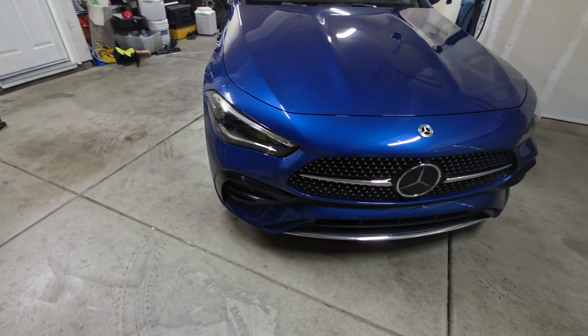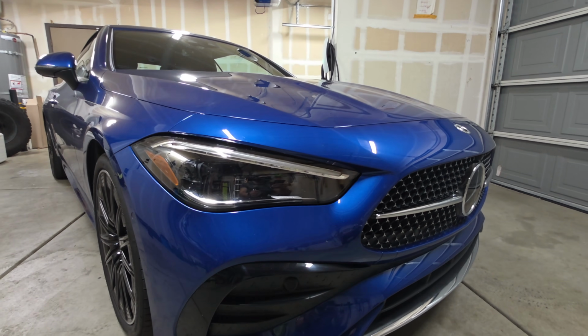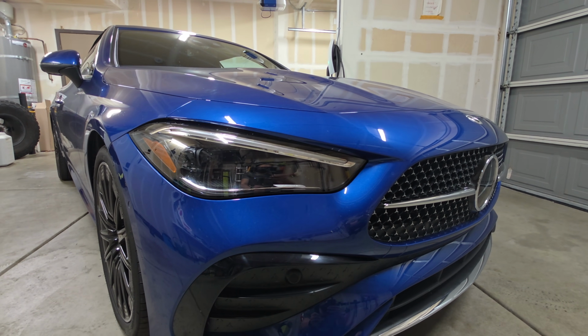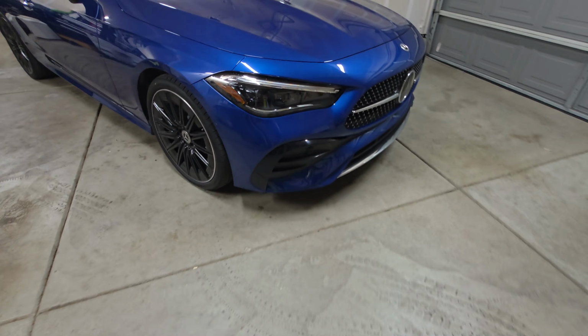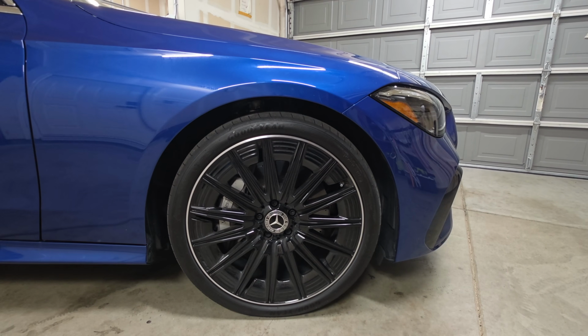The headlights are pretty bright. They do feature auto high beams, as these are LED headlights featuring adaptive lighting technology, providing a superior illumination with dynamic turn signals. But moving out of here more to the side, you do have these large piston calipers in